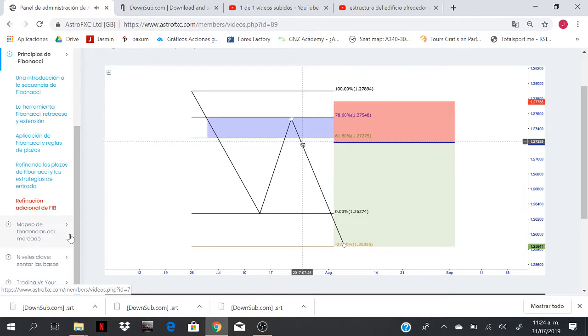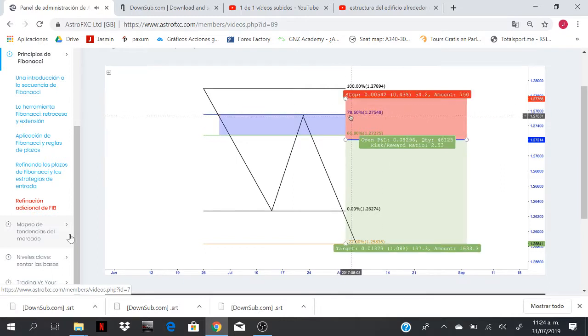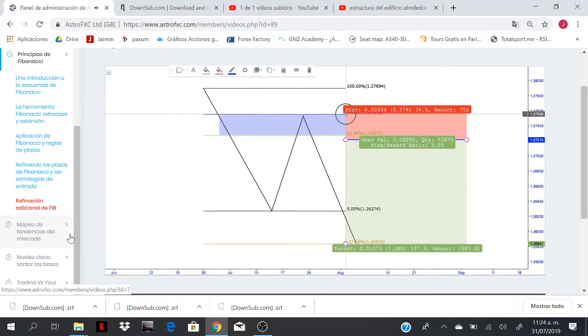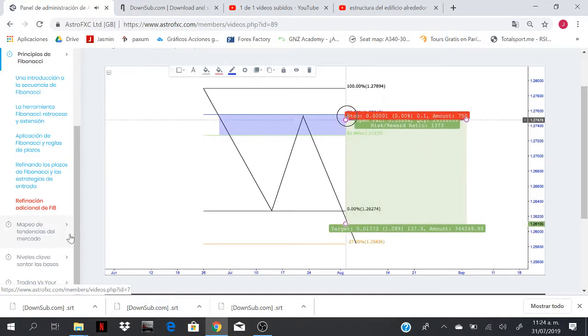Let's say we enter around here when the price dips back down for whatever reason or price action confluence we may see or reversal. Our stop loss is always going to go 10 to 15 pips. I would say 15 pips above the 78.6. So here, the price of the 78.6 is 1.2754. Let's just round that off to 1.2755. 15 pips on top of that is going to come in at,